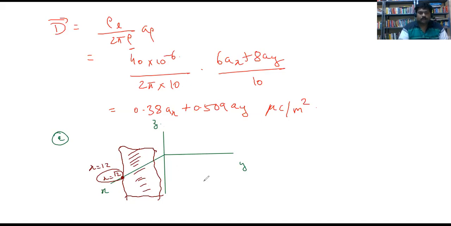Correct? Now the given point P is somewhere here, 6, 8 and minus 10. Okay. So we can see that the sheet is ahead of the point P. We can see x equals 6 here. The intercept here is x equal to 12. So the point P is behind this sheet. Remember that.